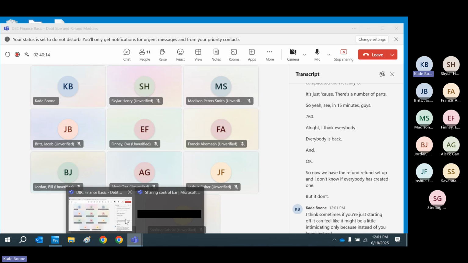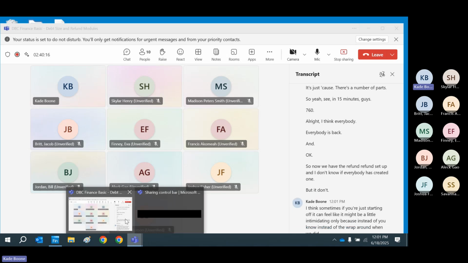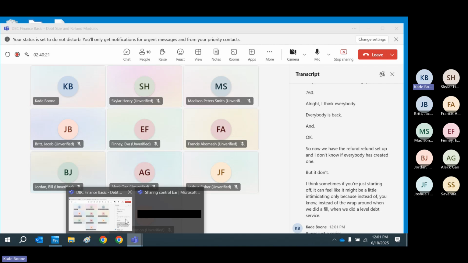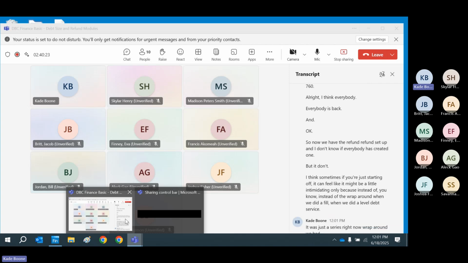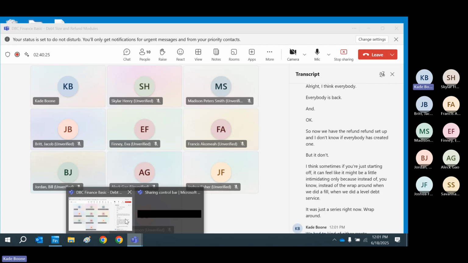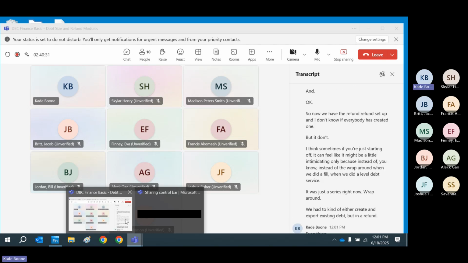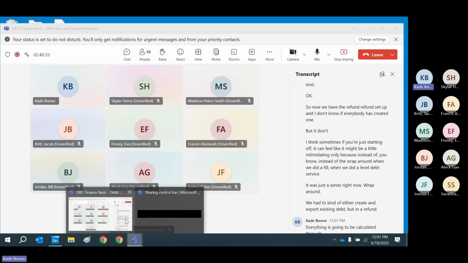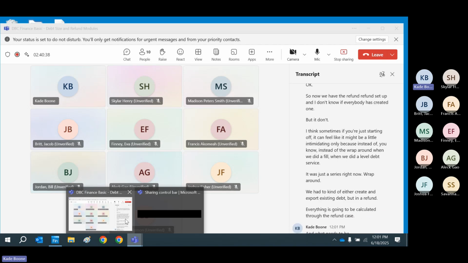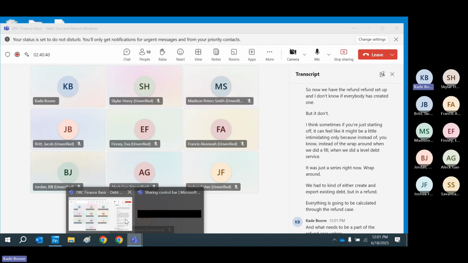instead of the wraparound, when we did a fill, when we did a level debt service, it was just a series, right? Now, wraparound, we had to either create and export existing debt. But in a refund, everything is going to be calculated through the refund case. And what needs to be a part of the refund case, unless it's a cash defeasance where you're not going to issue any new bonds,